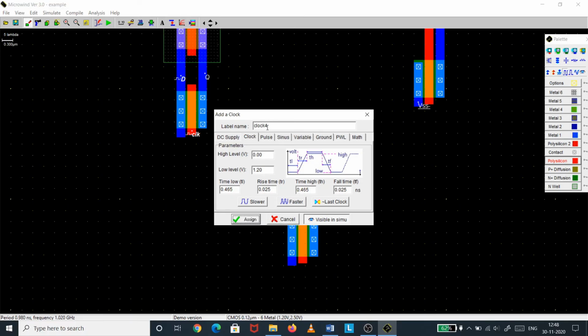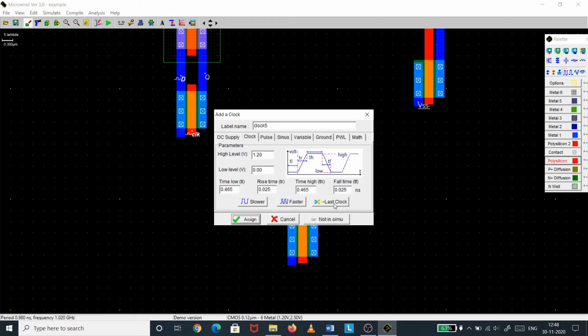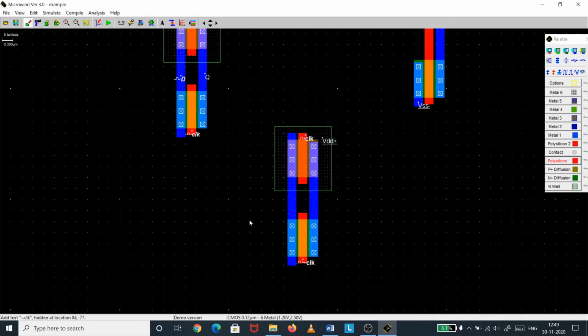So clock, again not visible in simulation, but the input will be the same clock: 1.20 will be the high level, 0.00 will be the low level, and the time period will be 220, right? And then clock bar, not visible in simulation, inversion of clock. Now I am done with all the naming.